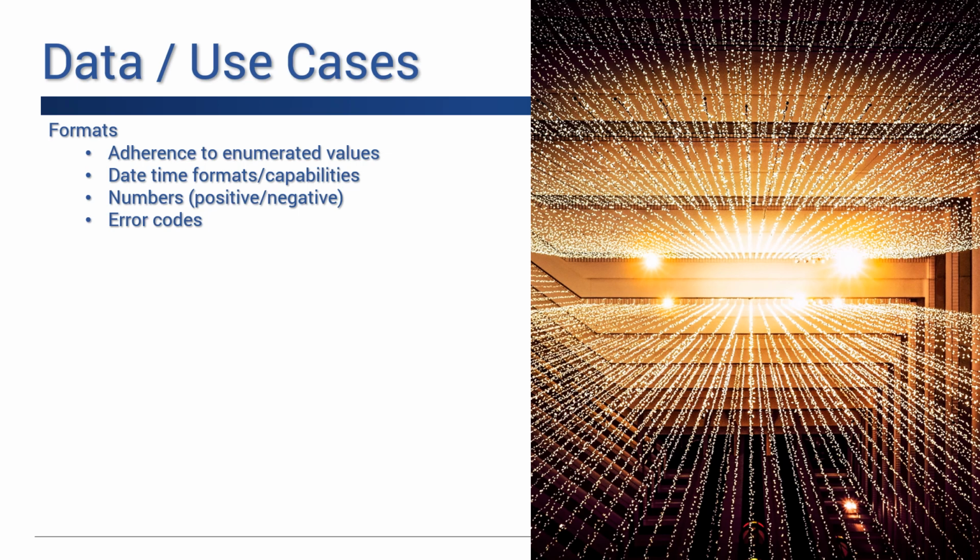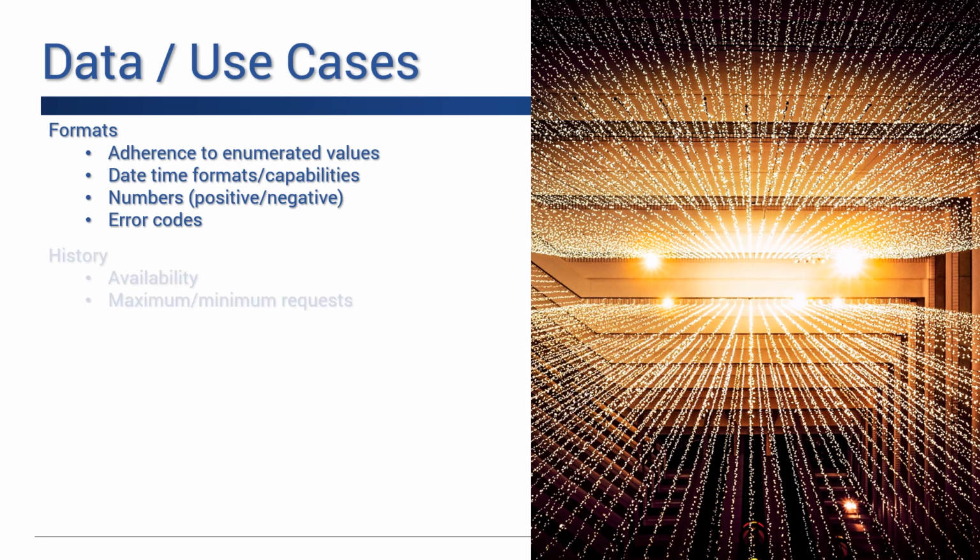Numbers, are you putting minus signs in front, after the number? Are you surrounding it in parentheses? Do you have a field that says this number is positive or negative, and so all numbers are positive? I mean, you wouldn't believe the amount of variation even in a spec. But then obviously error codes. Error codes is a big deal that you comply with the spec and you have the same reasons